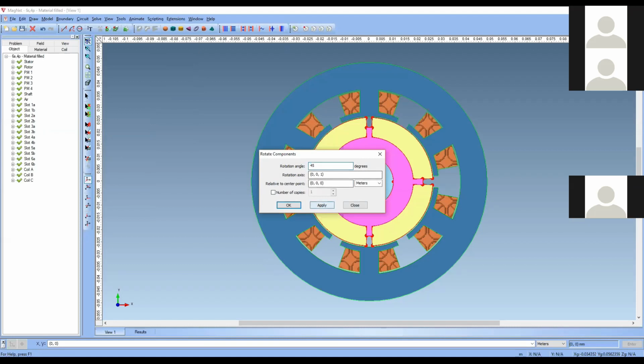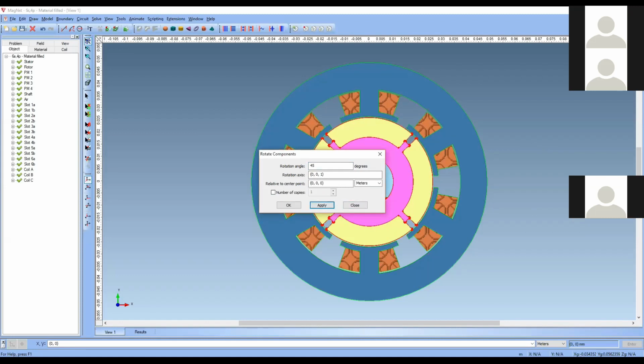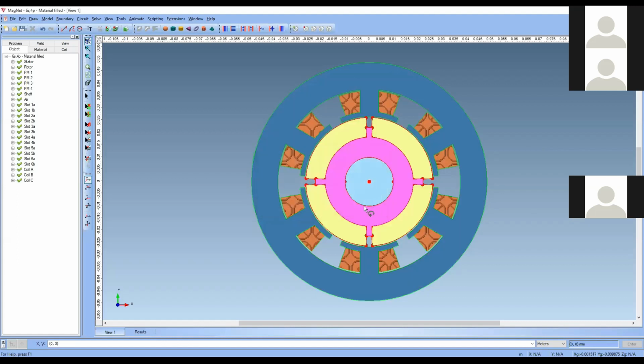Or 45, say I have given 45. Now it has rotated by 45, and in this position you again solve the static 2D and take the reading.